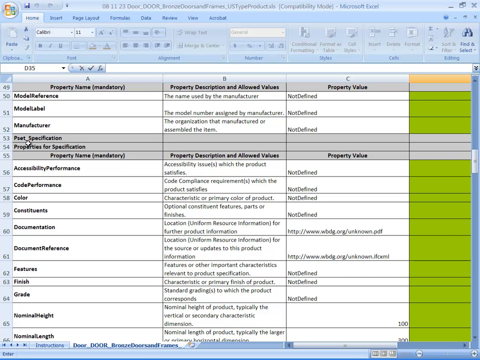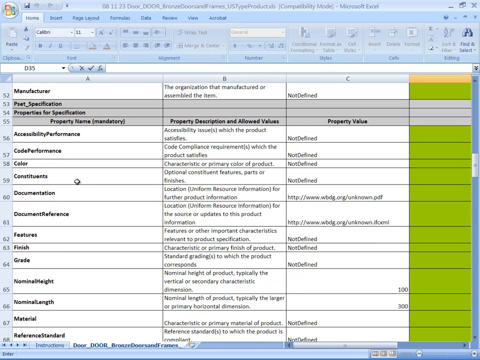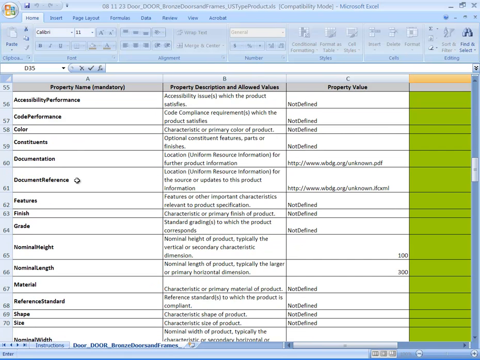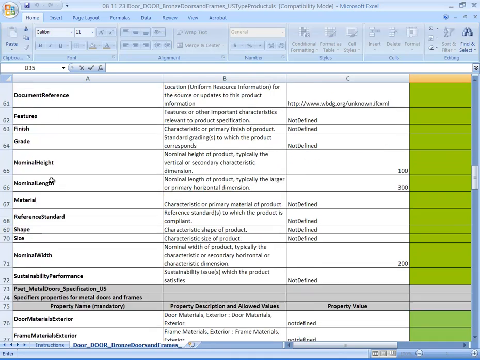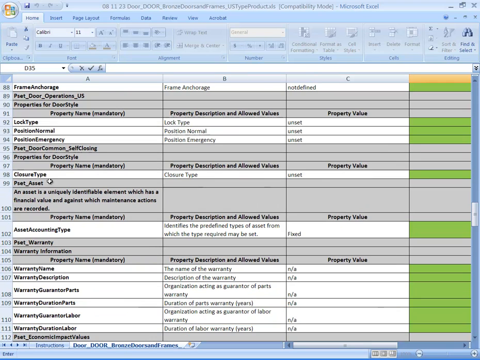We see the P set for specifications. And so properties for specifications, these are simply the information required to specify that door on a project. If we go down to line 103, scroll down, we're looking at the P set for warranty, and this is